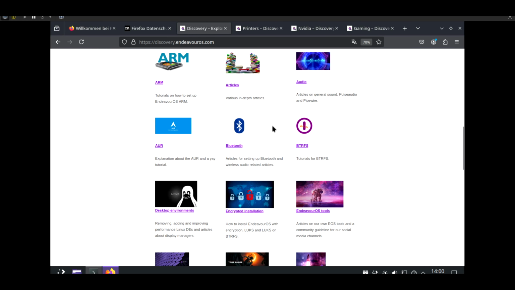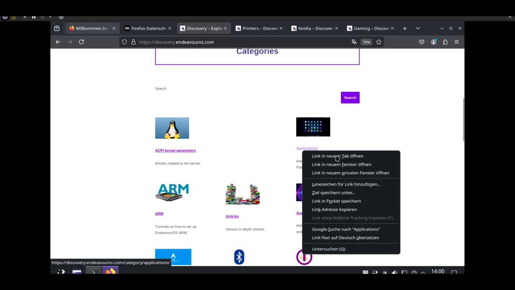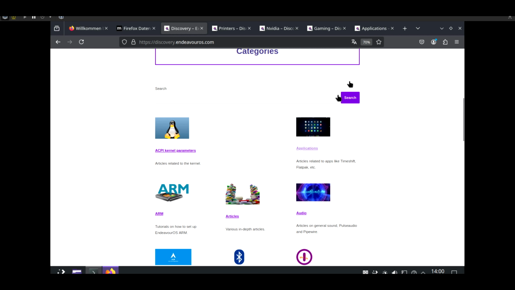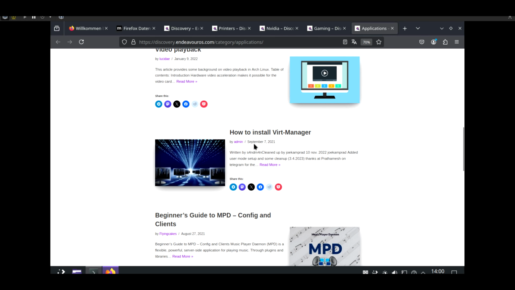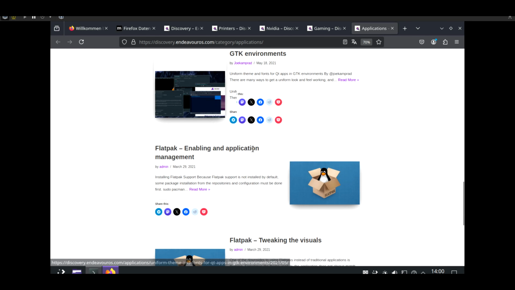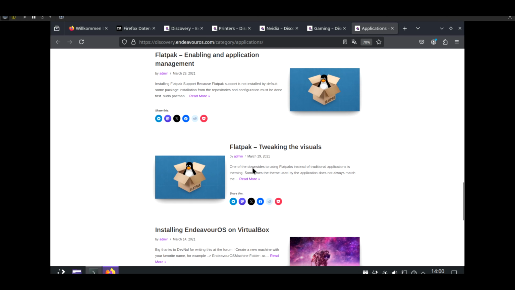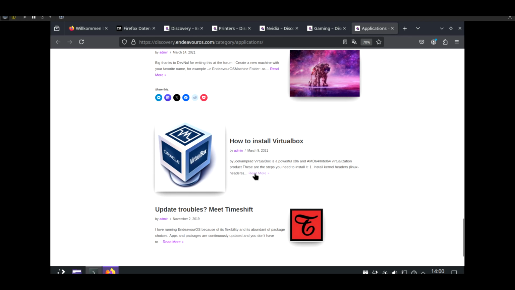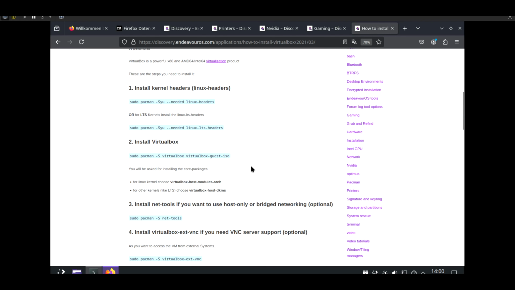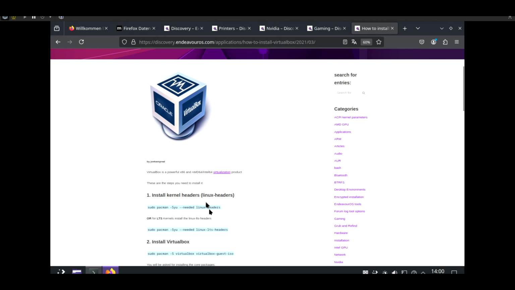Open in your category, and here you have applications. I mean, just look at that, but now here you can see, for example, do you want to install the Web Manager inside EndeavourOS? Do you want to install VirtualBox? It gives you Flatpak tutorials, I'm sorry, read more,